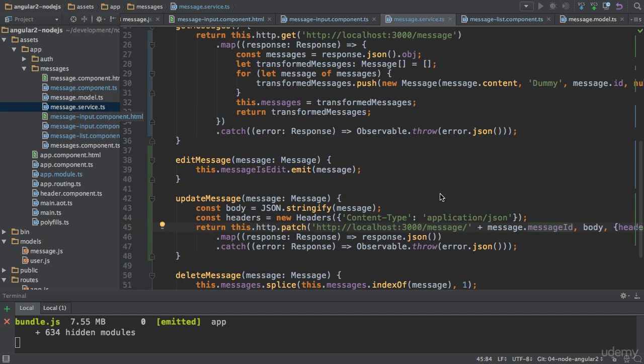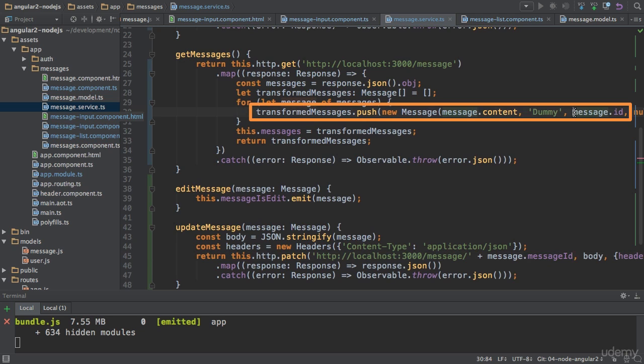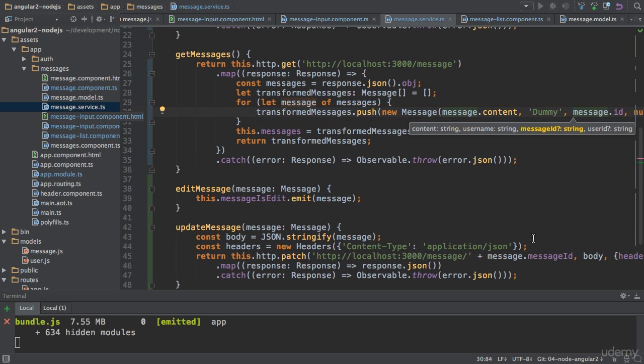You could also log the error if you want. Now in order to see this in action, I need to make sure that the message ID is actually stored in my message models here on the front end. I'm doing this here when I'm getting my messages. Here, when I store message ID in the message ID field. This is key, otherwise this message ID field here won't be populated